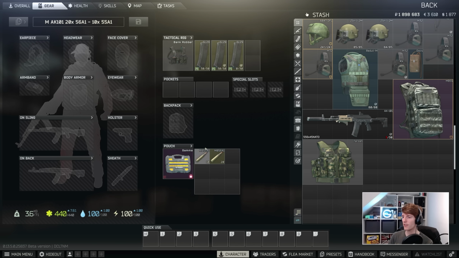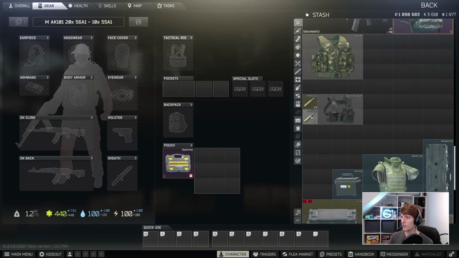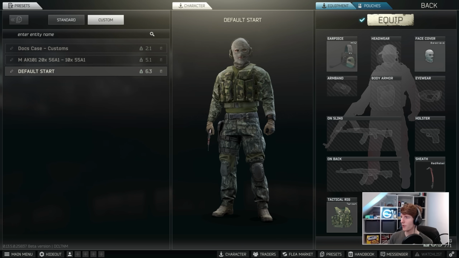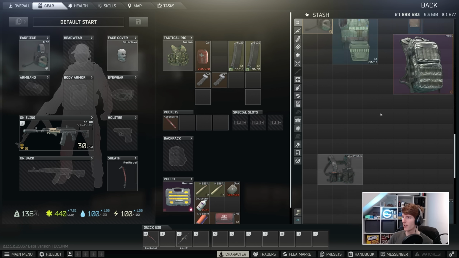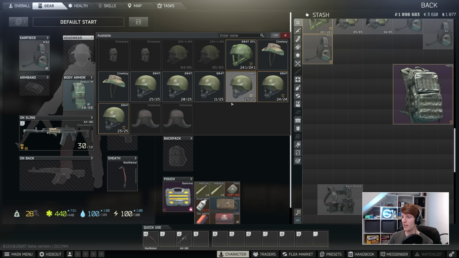We can actually keep this in our secure container and go top up, 20 like this, 10 like that, top these back up, and we can actually now save this as the same kit, overwrite it. So now when we want to go back to our kit, we get rid of the bank robber, we get rid of the 2 stacks of ammo, we go back into here, we go to our default start, we equip this, then we take our mags back, we re-equip the AK-101, this goes back in here, we go and find our docs case and pop that in there, pick a piece of armor, pick a helmet, and yeah, you still